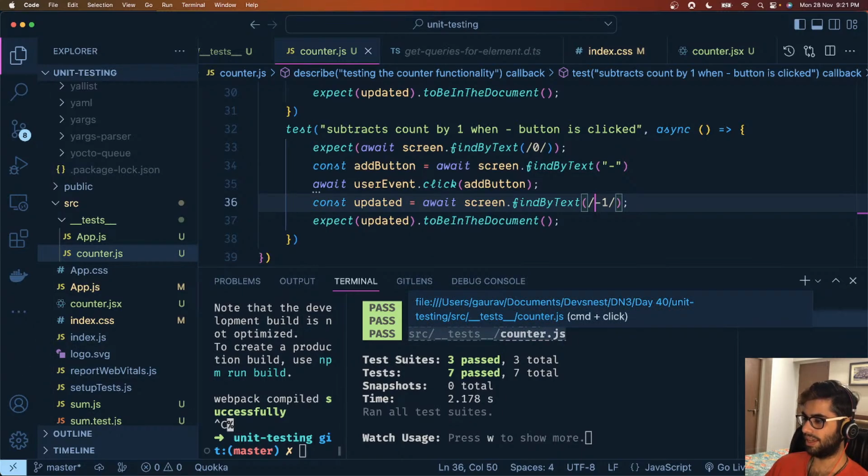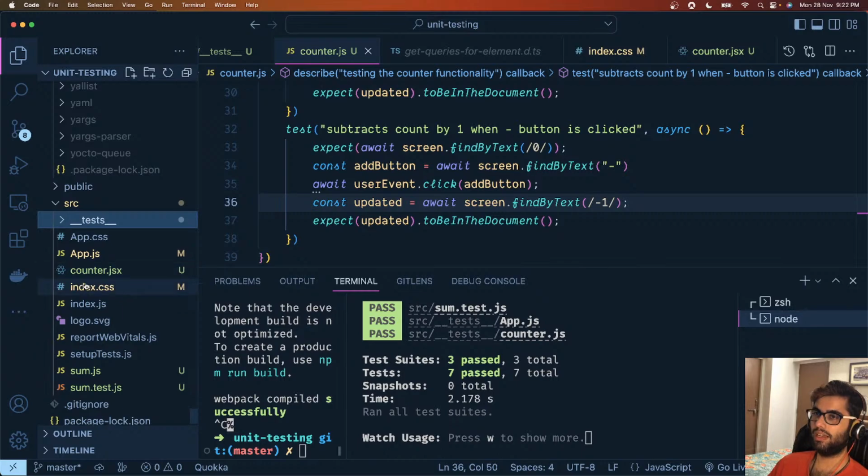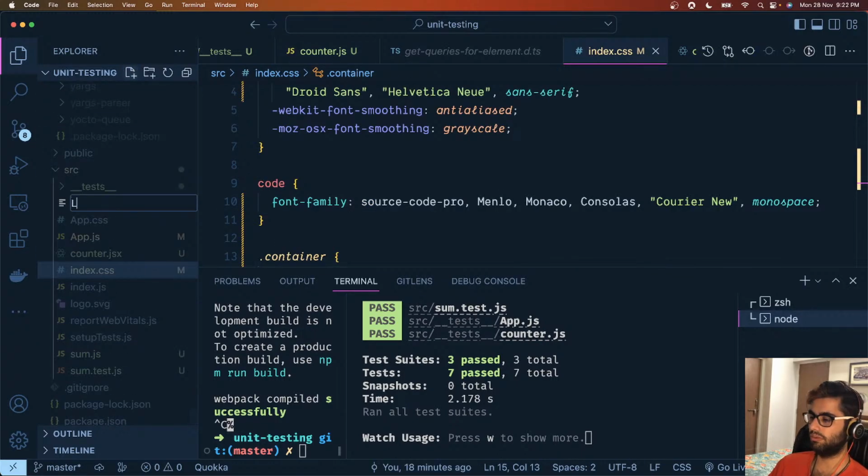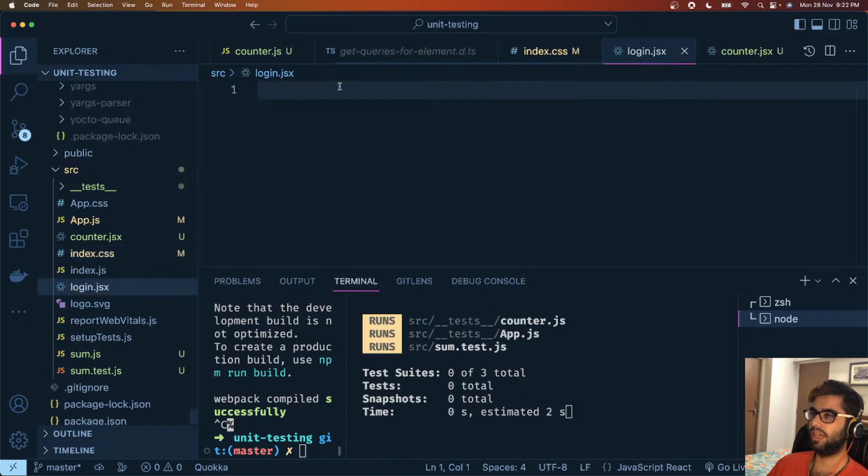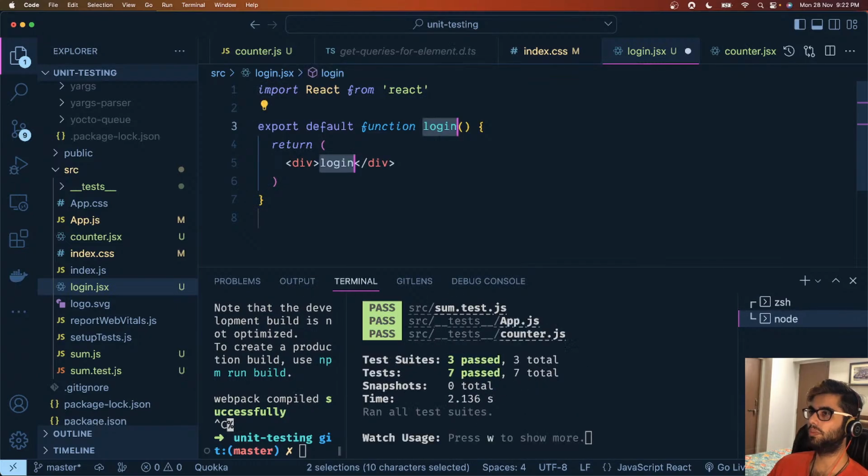Now let's take a look at how we can create a component which is dependent on some other services which are external to that component. Let's see how do we test such a component. Suppose we have a component which is login dot jsx, then react functional component login,